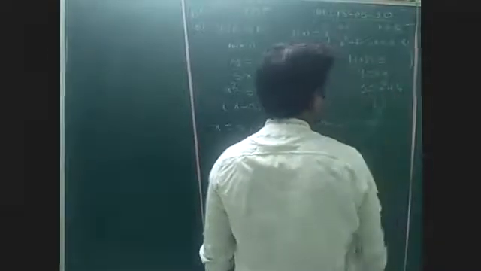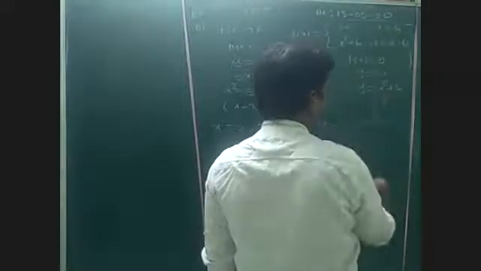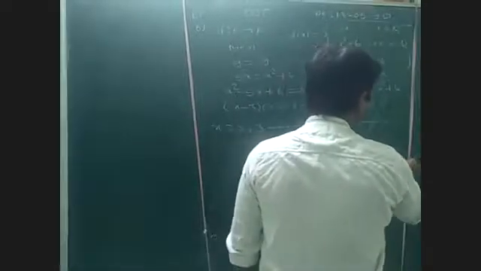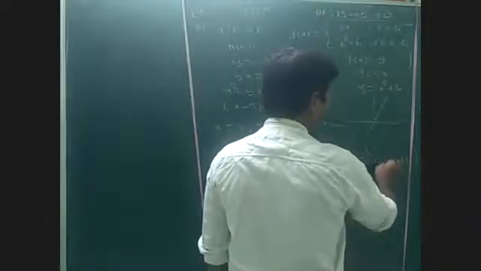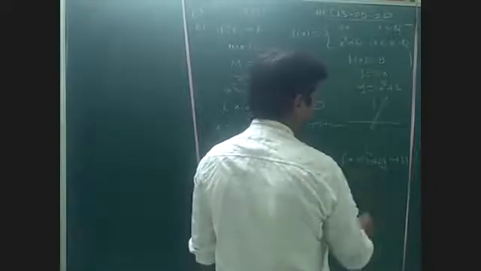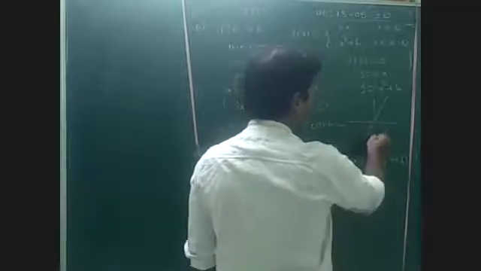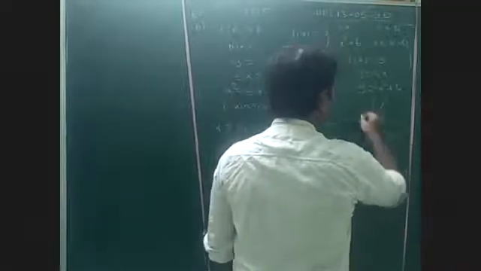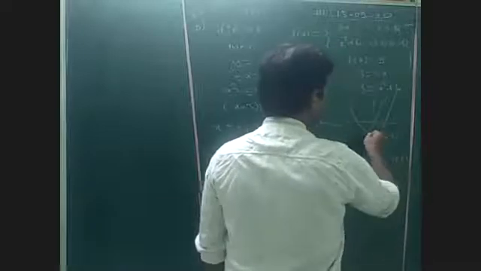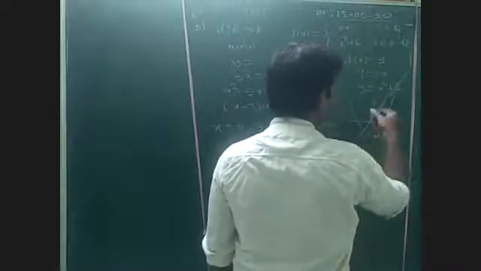Here y equals 5x means it is a line passing through the origin. And y equals x square plus 6 can be written as (x minus 0) whole square equals y plus 6, which is like (x minus h) whole square equals 4a into (y minus k). So the vertex is (0, minus 6). This is the parabolic equation. It will meet at 2 points, so it will be continuous.